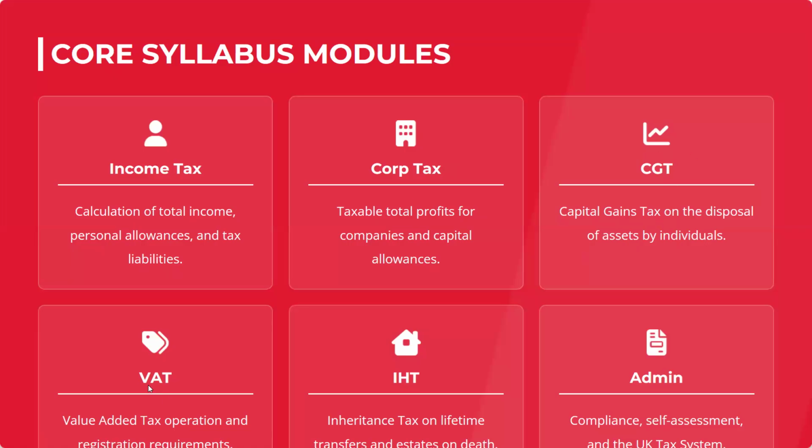Moving forward, value added tax. In the UK, in Dubai, in Pakistan, we have the GST system. Everywhere there are certain kinds of indirect taxation with their own names. So value added tax is simply an indirect tax, and it means that when I'm going to purchase something, along with that price, I have to pay this tax.